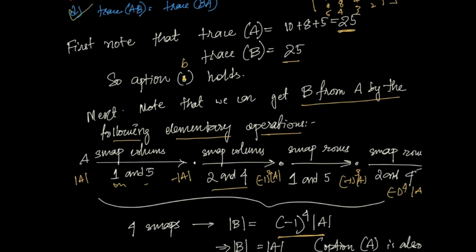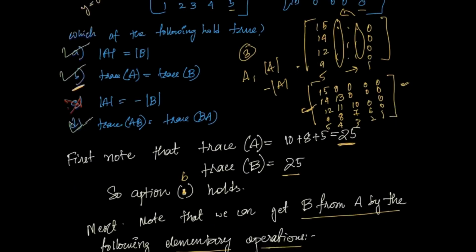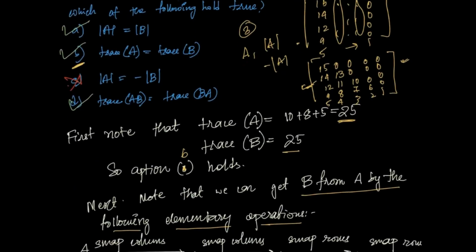Some very simple properties which are easy to mug up, and in a certain way very easy to prove as well, that you should have them prepared in your memory before this exam, because very simple questions, especially in the objective part, that is in the multiple choice questions part, come from linear algebra, whose solutions use these properties of trace, rank, and determinant, and they're usually very easy to solve if you remember